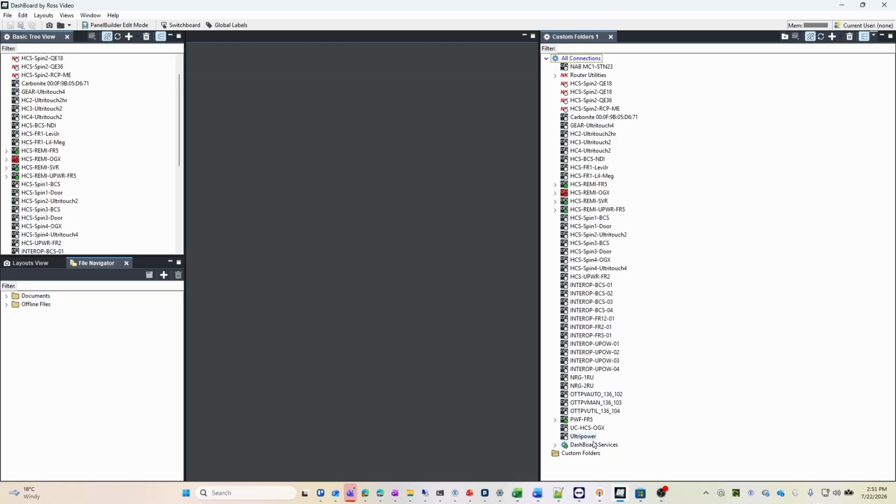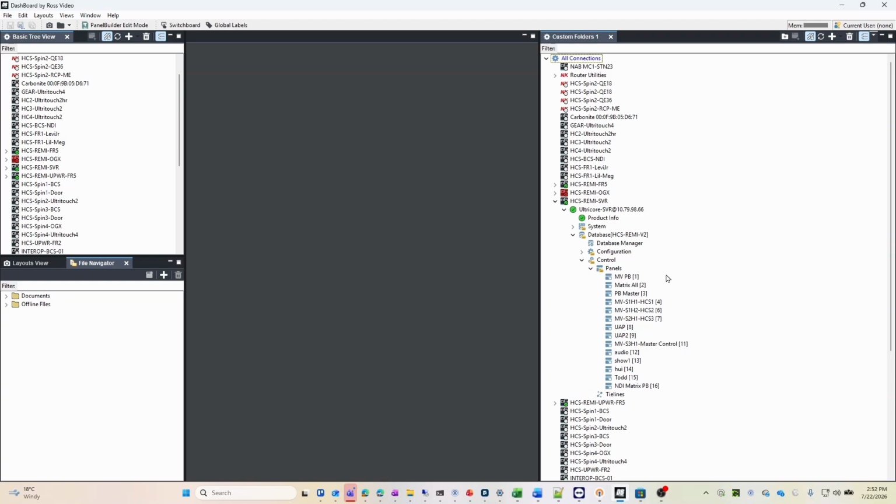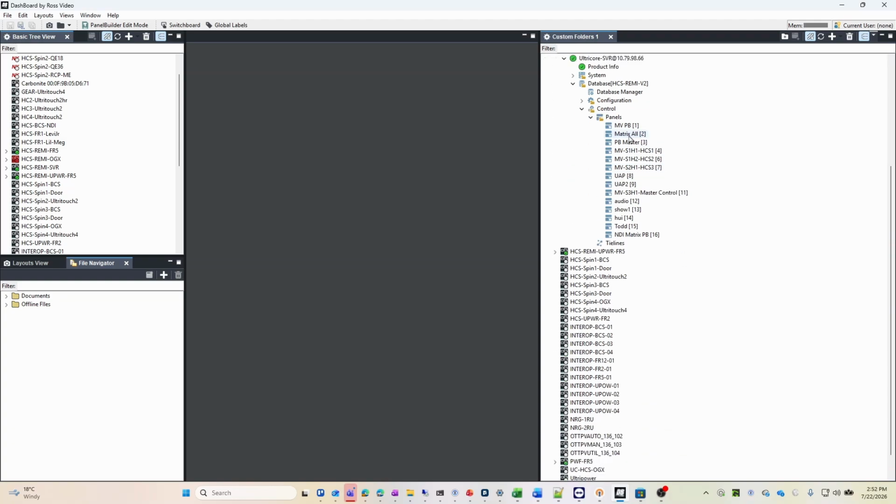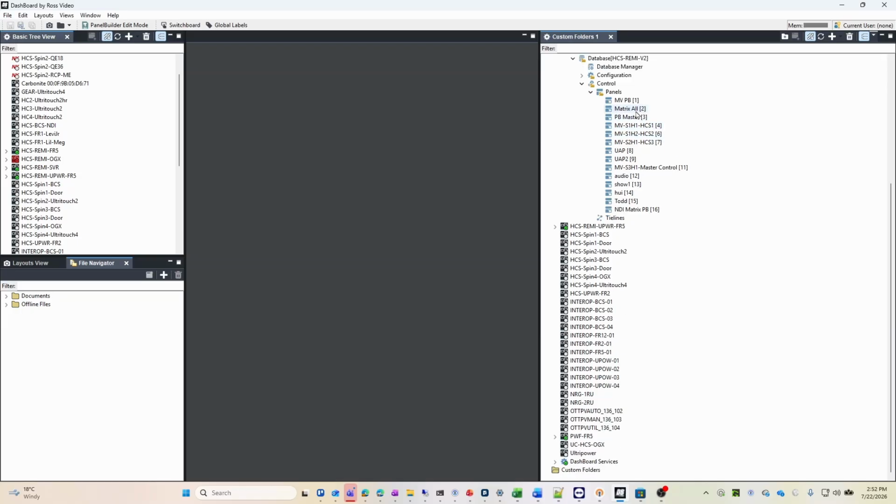So it's opened it up over here with the same device view. But if you notice at the bottom, there's this section called Custom Folders. And what we can do is if we look at our BCS, we can then pull any portion of that and put it into a custom folder. So I'm going to go into my databases, control panels, and I'm going to take my matrix panel right here, and I'm going to put that into the custom folder. So I just take this and I drag it down into my custom folders,